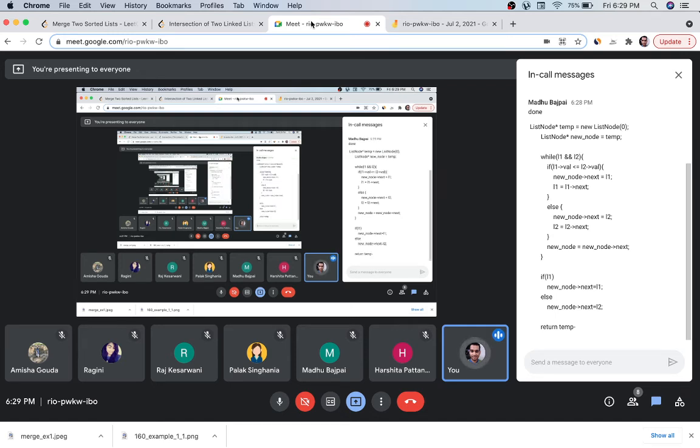Guys, check this solution and see if you have any problem with this or it's okay. Why have you added this ending if else condition? What is the purpose of this?